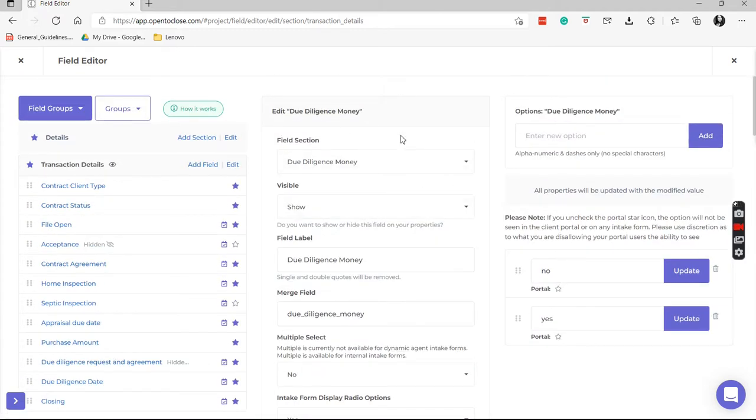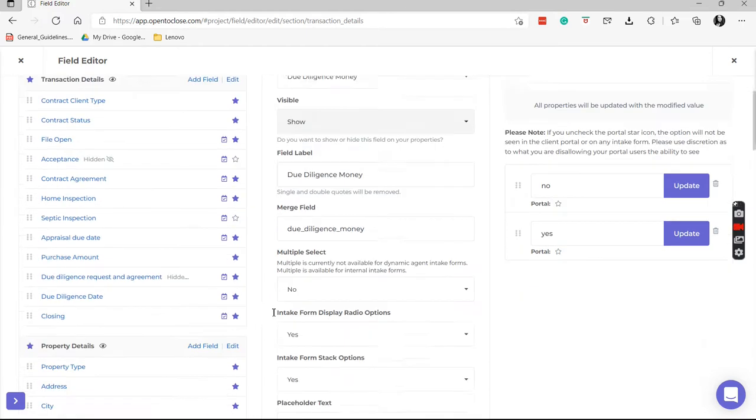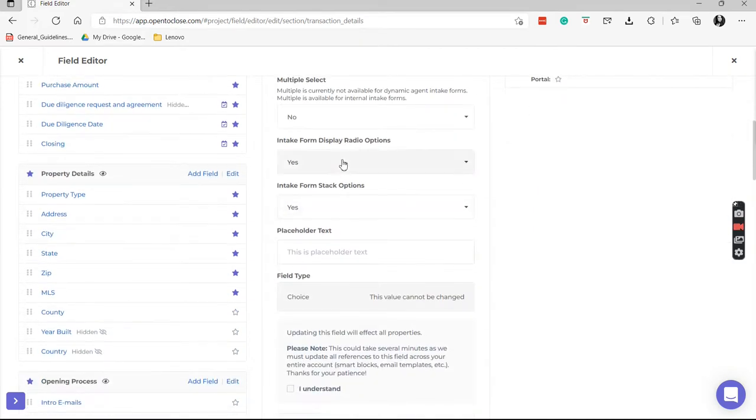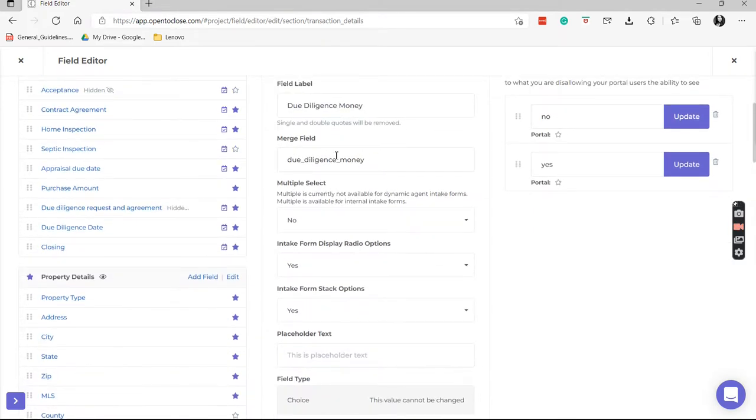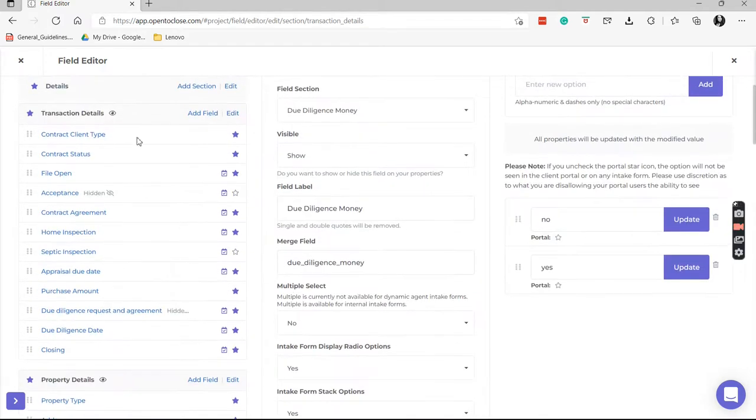just like we had in that email that you just saw, this is the merge field. So I'll show you in my email, this is what it's going to look like. And so the due diligence money date is going to have a merge field, and that's how it's going to know what date, depending upon what you put in. Or let's make this even simpler and say,